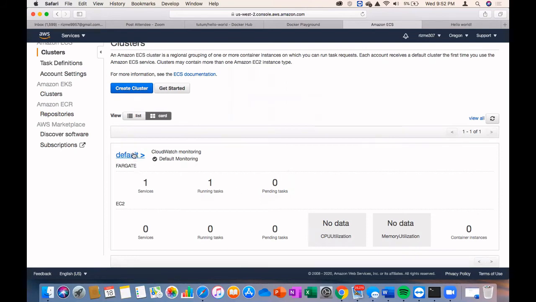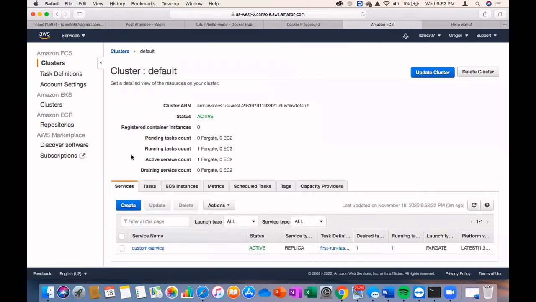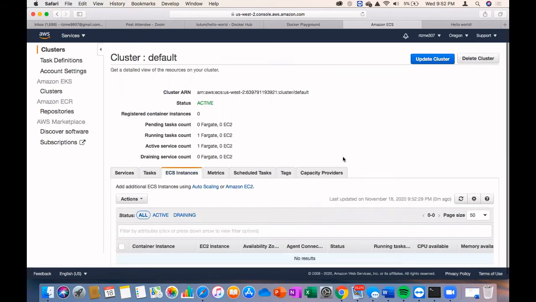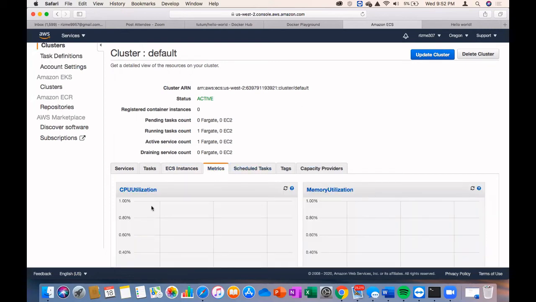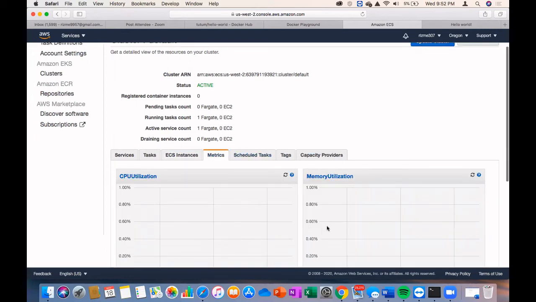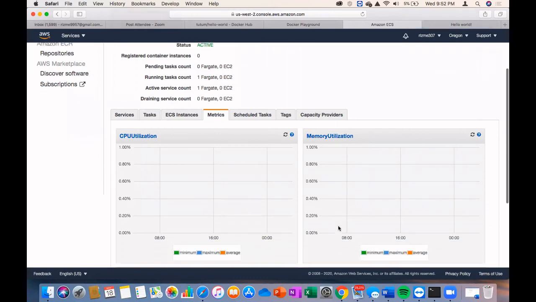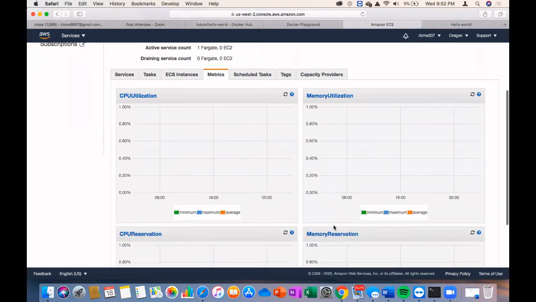This is how the whole container is going to work. You have a task, you see an EC2 instance, and then you have different kinds of metrics, how much utilization you are getting, which is not possible when you are running a container within Docker.